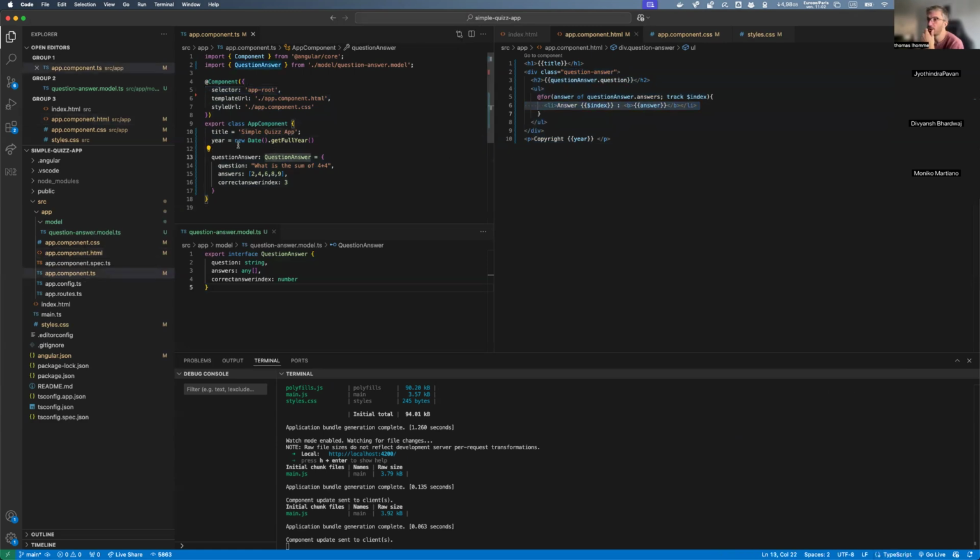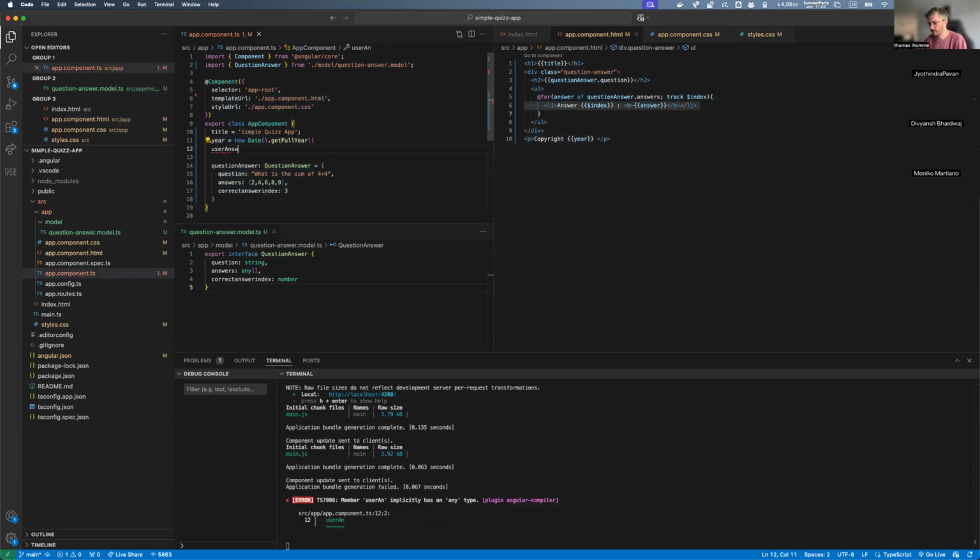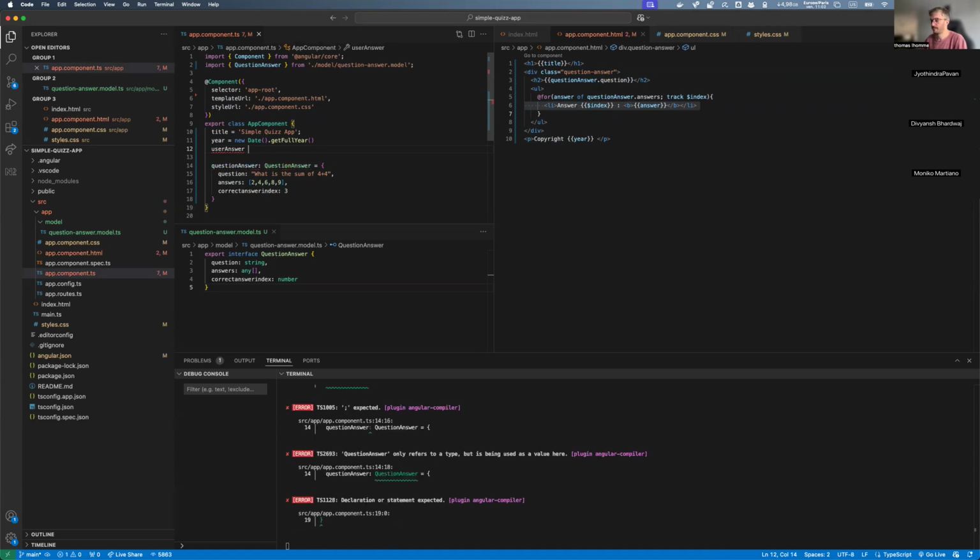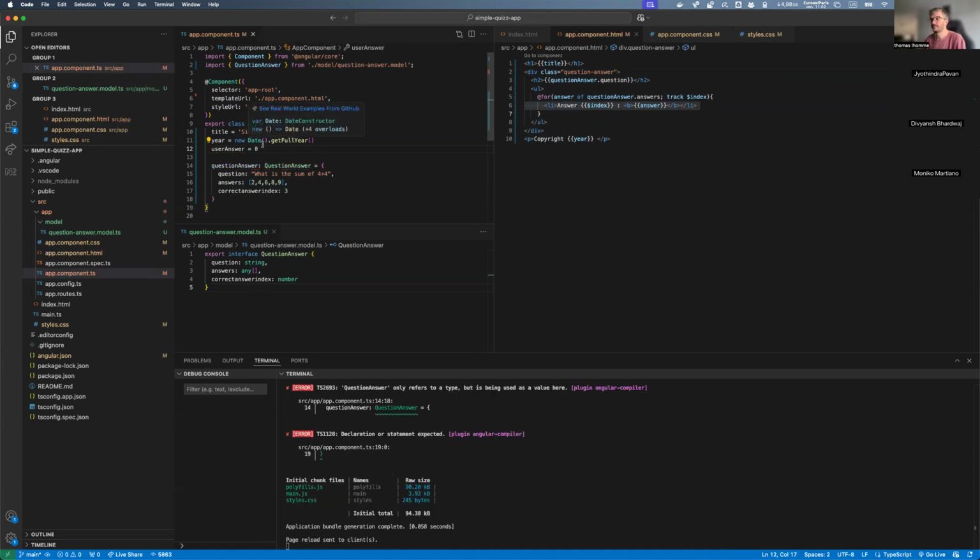So what I want is a variable here that will retrieve where the user has clicked. I'm going to say user answer is equal to -1.